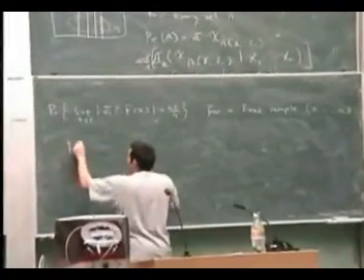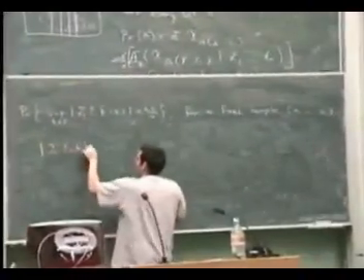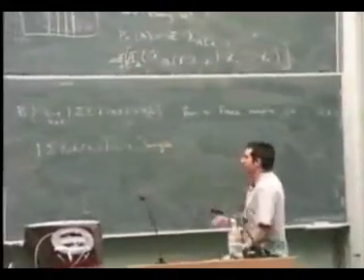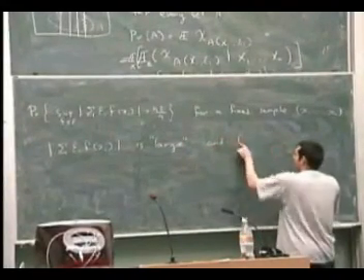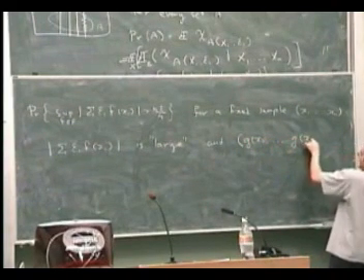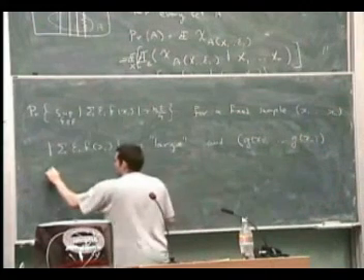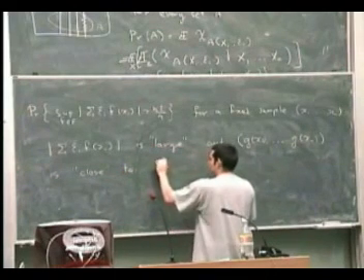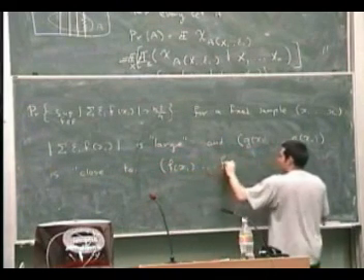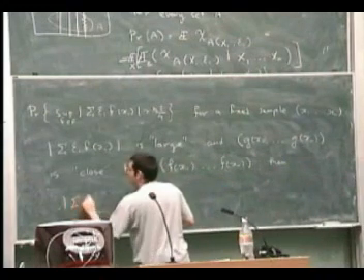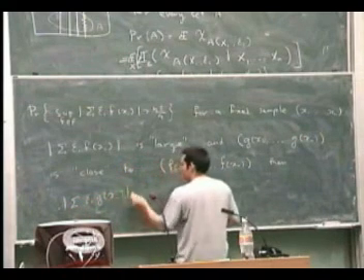Okay? That would mean that if sum epsilon i f of xi is large, I'll make this precise, and the vector g(x1), ..., g(xn) is close to f(x1), ..., f(xn), then sum epsilon i g of xi is large.